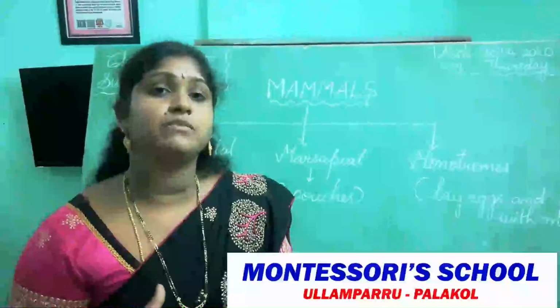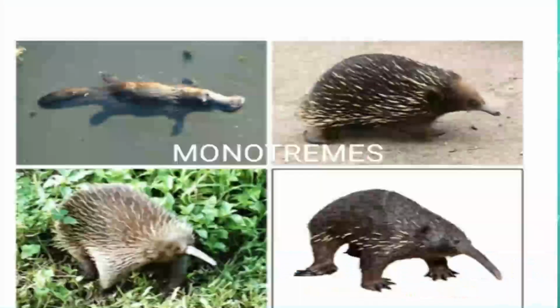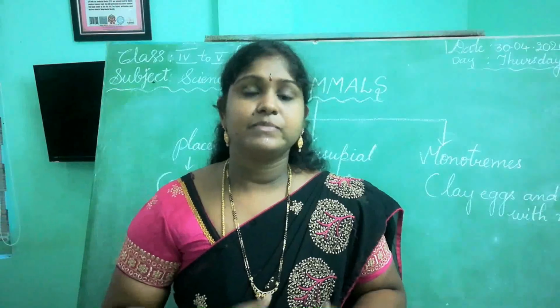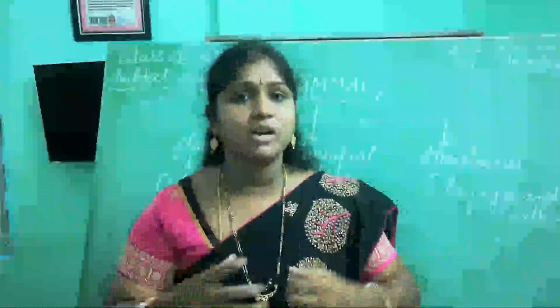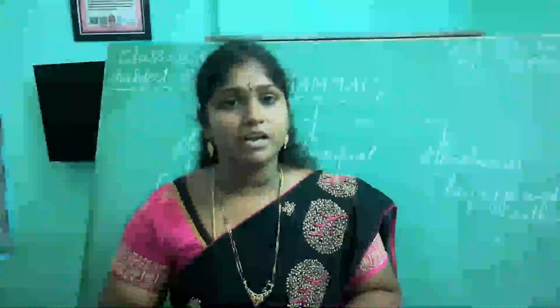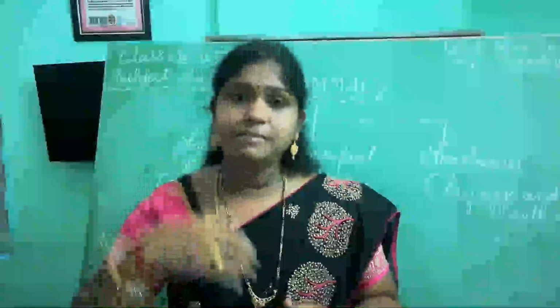Here the monotremes lay eggs and also feed their young ones with their milk. So how is it possible? Now I am going to tell you. The monotremes lay eggs and keep the eggs under the belly, near the skin flaps that are still undeveloped. That means they are not hatching. Before hatching, they keep the eggs under the belly, and up till the hatch, the eggs will be developed and the babies are born in the belly itself.